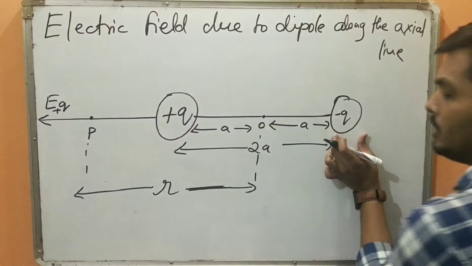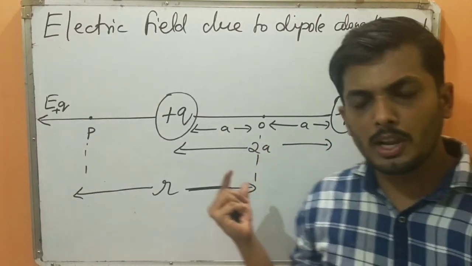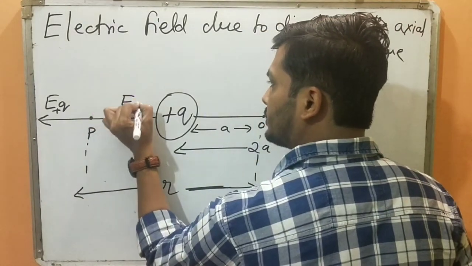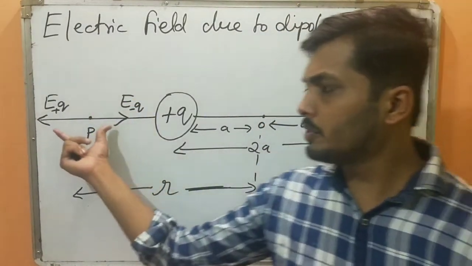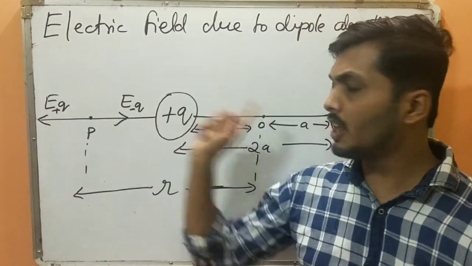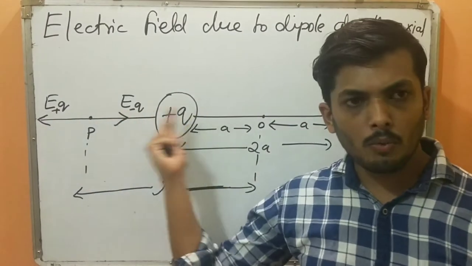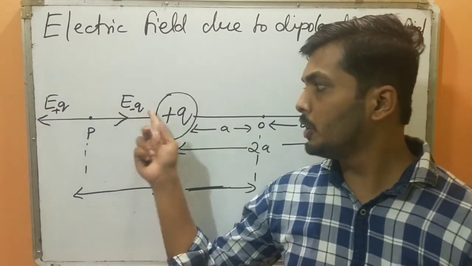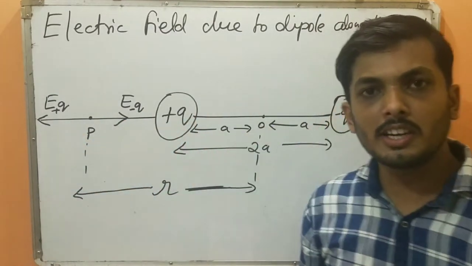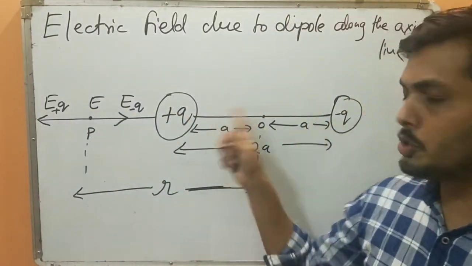And this charge, which is a negative charge, will also give rise to electric field, and it will be pointing radially inwards. Please take care of this arrow mark. The arrow is shown outwards from the dipole because it is the electric field due to plus Q. This arrow is pointed inwards because it is the electric field due to minus Q. Now these two electric fields will give me one resultant electric field, E, because of these two charges.